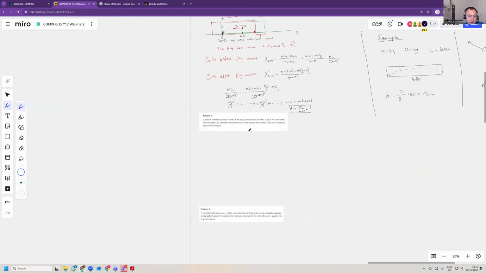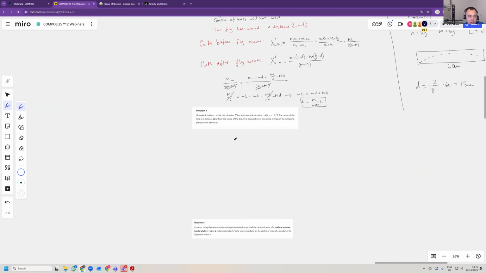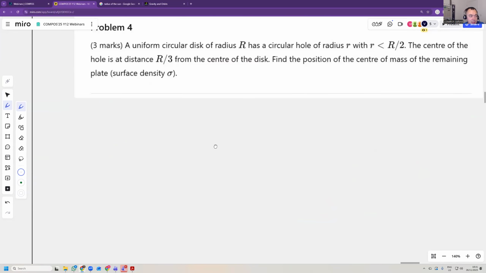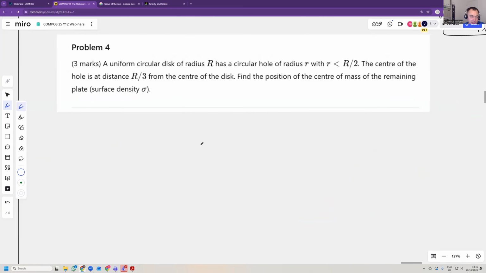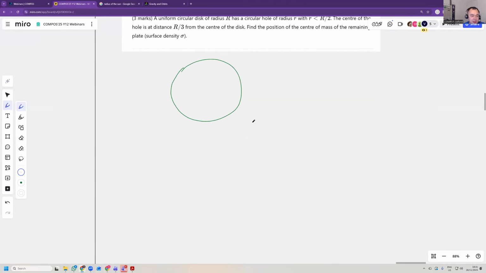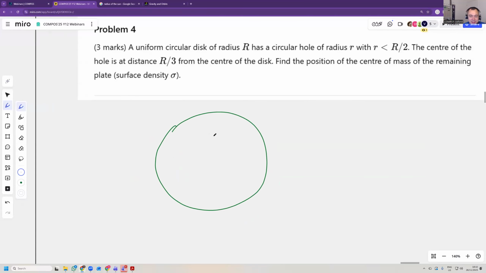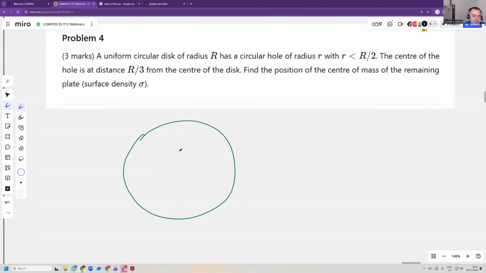Next one, a uniform circular disk of radius r. Okay. Wow, we've spent 40 minutes on the first three questions, and I haven't gotten to the hard ones yet. Okay, uniform circular disk of radius r